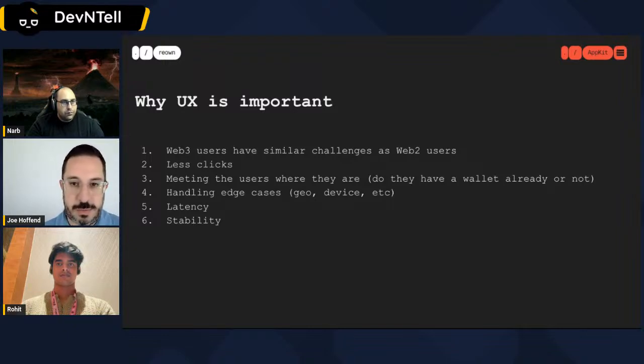And so we are thinking through making sure users, no matter where they are, can access and use our toolkits. So, with on-ramping, for example, when you're trying to add funds to your wallet, maybe you're not able to access Coinbase. So we want to add other providers to make sure that everyone can on-ramp funds, swap, do whatever they need to do, etc. And we're also always thinking about, like I said, the device itself. So no matter where the user is in the world or what device they're using, making sure that everything just works.